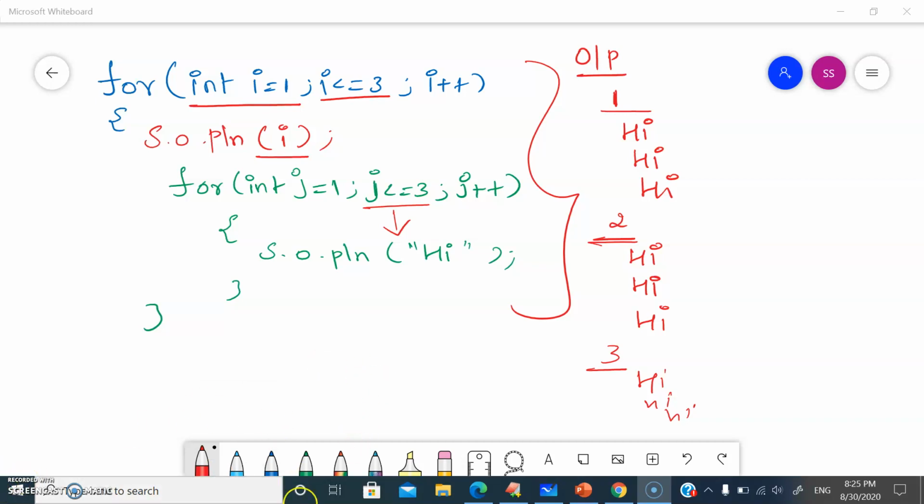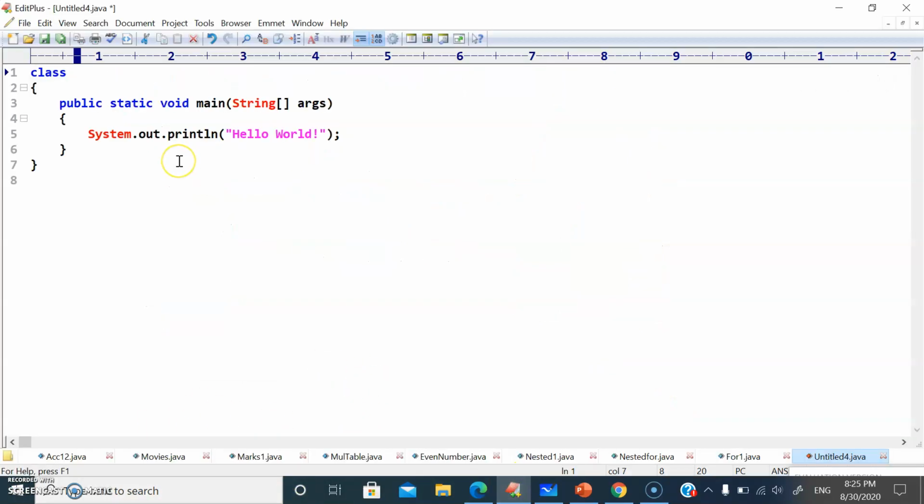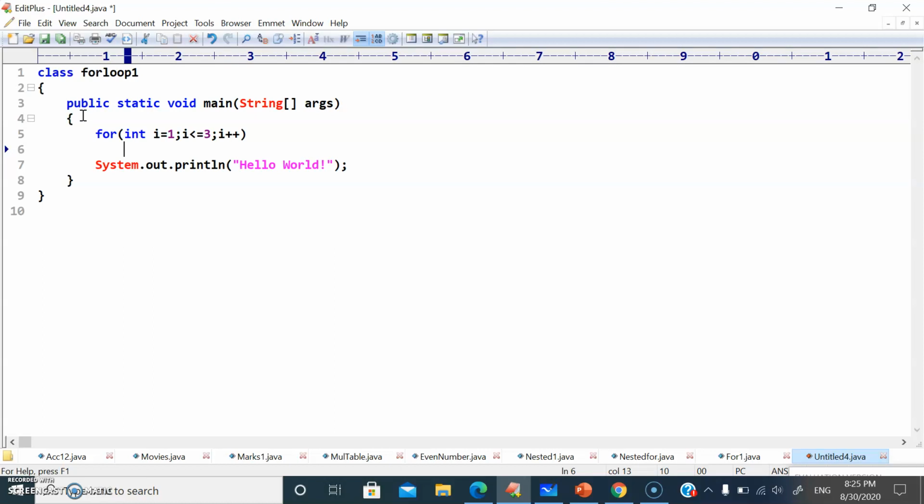Let's write a simple program on this. For loop 1. So let's take for (int i = 1; i <= 3; i++). Now I'm going to say System.out.println, let me say "i value is".